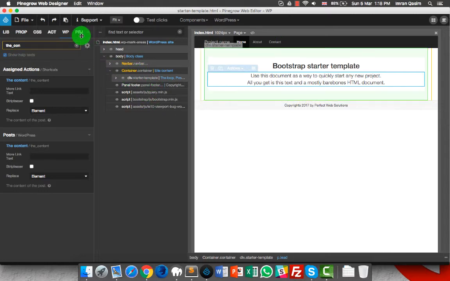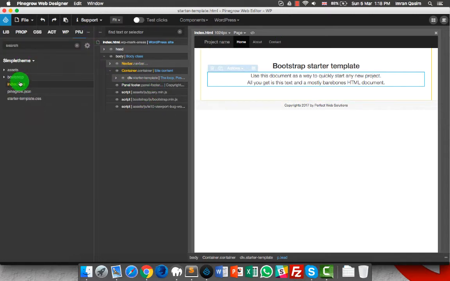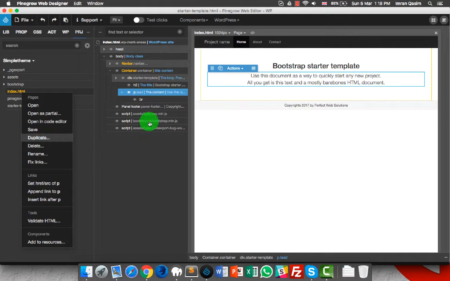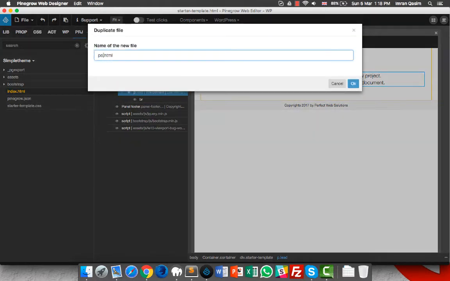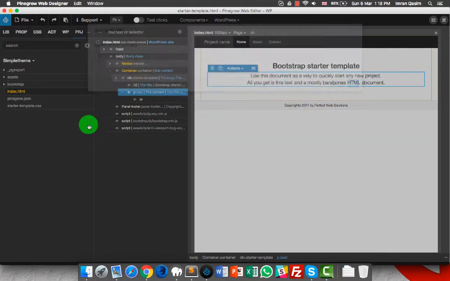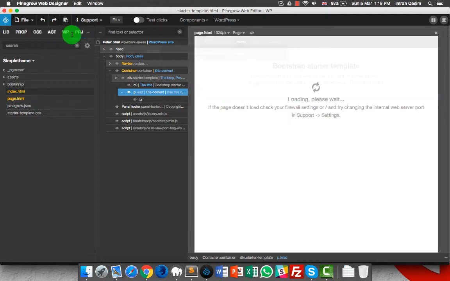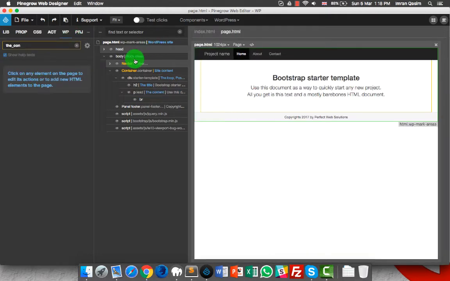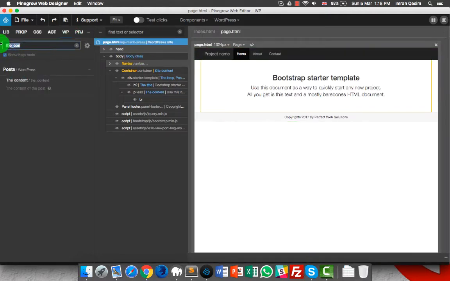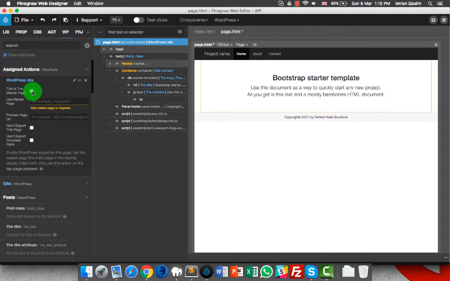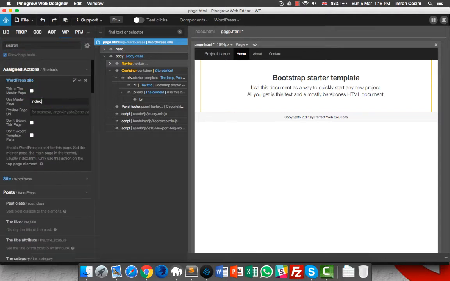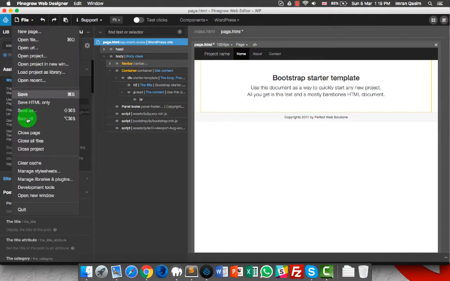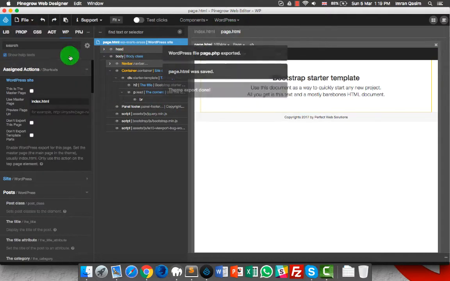PineGrow. So I will just go to the project, and I will convert this index.php, duplicating it to page.php. And when selecting page.php in the WP dashboard, I will uncheck this box and put here index.html. So parent will be index.php, and then I can further save it and export it.